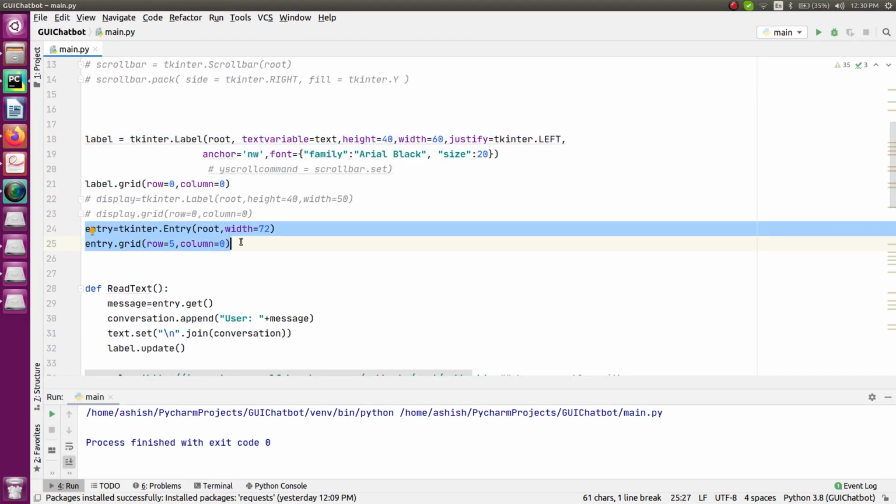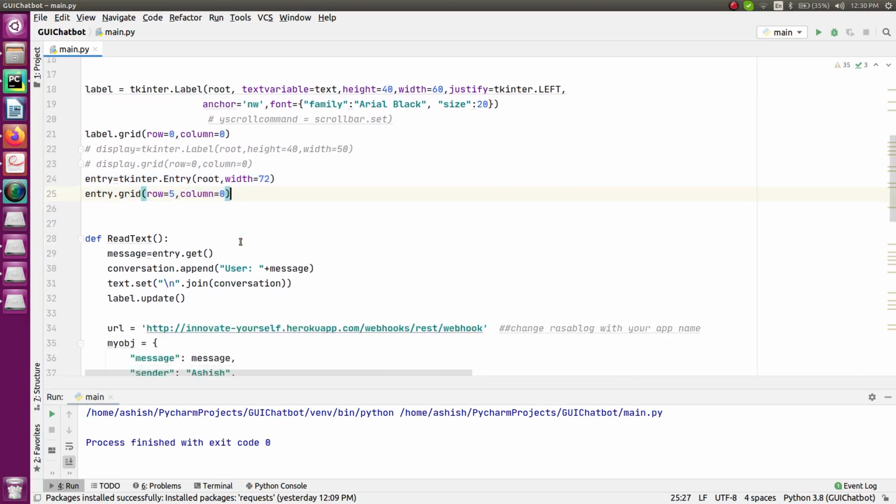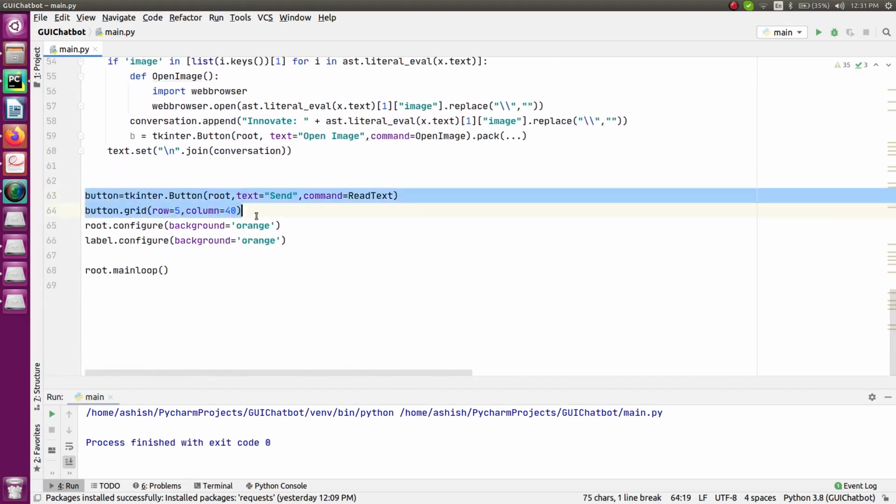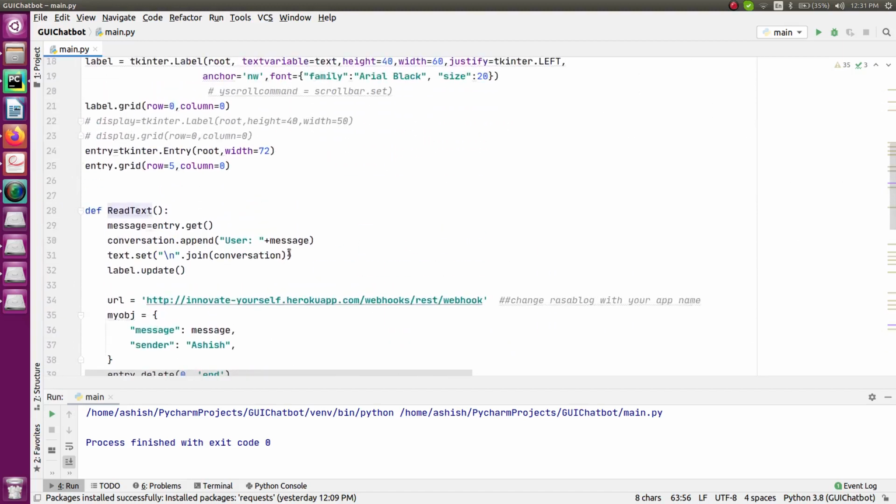So whatever is the text, I will enter it there, and accordingly we will read that message whenever I click on the send button. So this is how we are going to do it, right? And after that, this is a button widget, and inside the button widget we are just setting up a simple text that there will be a message send, so that whenever I click on that, it will send a message. And accordingly, in command you can see I have called a function, and that function name is read text, and that read text is this.